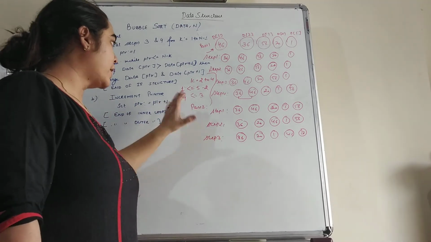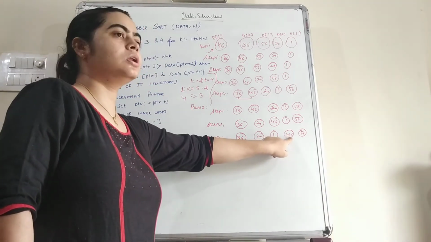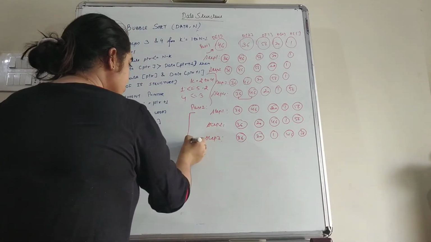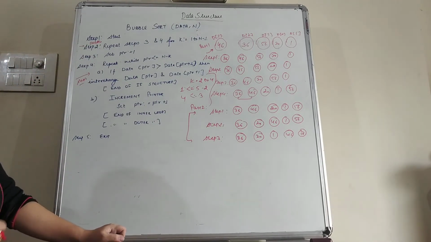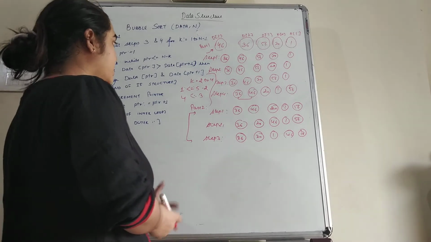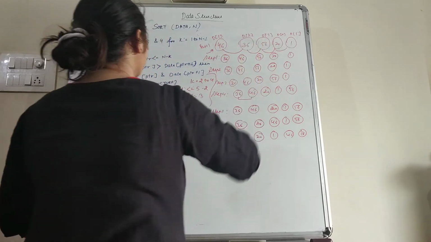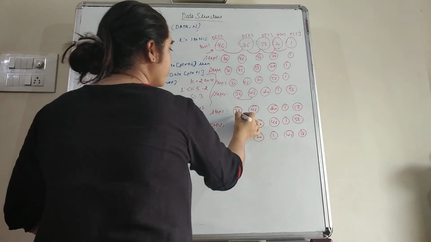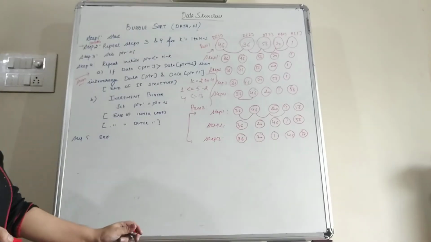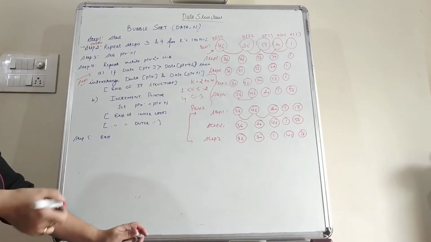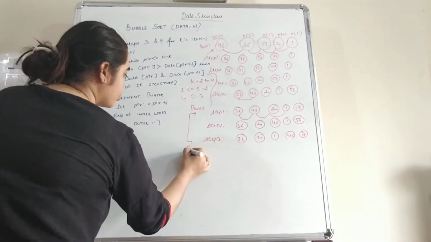So now students, you can notice in pass number 2, the second largest element is at the last, and according to the value of pointer, the number of steps are being written within the pass. Now in pass number 1 we have the comparisons 1, 2, 3 and 4. Okay students, in pass number 2 we have comparisons 1, 2 and 3 only, because the largest element is at the end, so there is no need to compare the last element with the rest of the elements. So after this we can go to pass number 3.